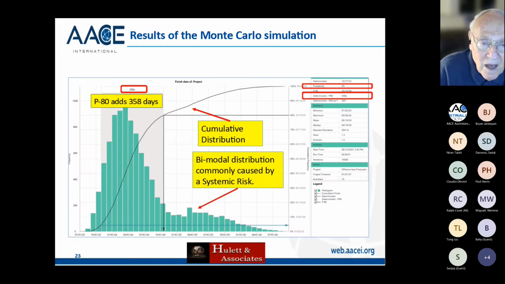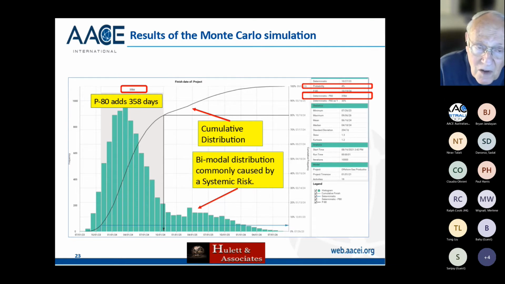This is the one that I have. Again, I'm not talking about a project by a company that works on the 80th percentile. That is, they will give you a result that is 80% likely to happen with the risks as we know them and the schedule as we know it. And say, okay, anything above that is risk that we can't mitigate or we can't be bothered about. This particular thing says, okay, with these items in the 1100 and something duration, this is going to add 358 days at the 80th percentile because you're using the cumulative distribution.